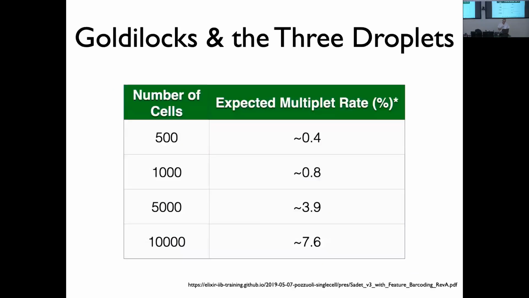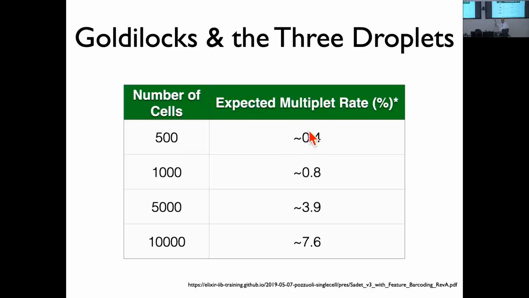And this is data, I can't remember if it's from a paper or a reference here. I think this might originally be from 10x, right? The more cells you load in, the more likely you are to get doublets or multiplets, droplets with multiple cells in them. So there's this trade-off. If you go for a low number of cells, so your dataset for a given sample, you say okay, I'm just going to get 500 cells out the back end, then your predicted rate of multiplets